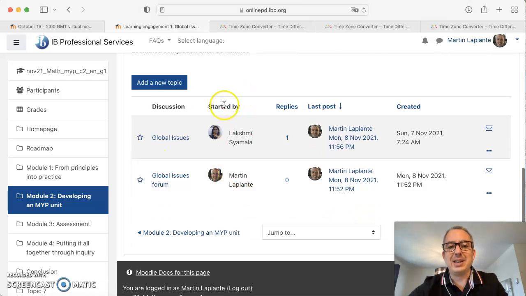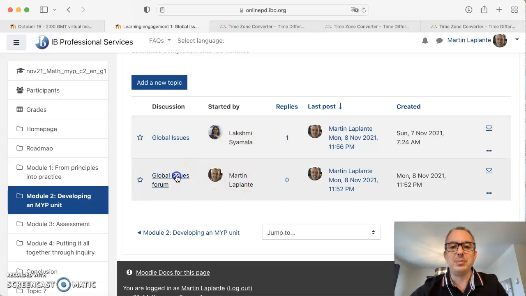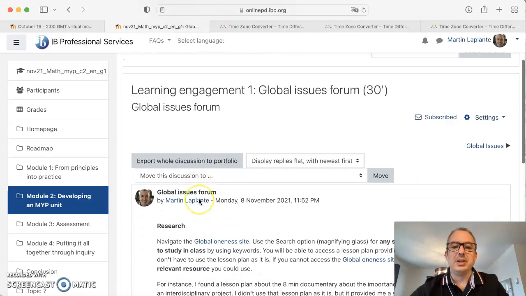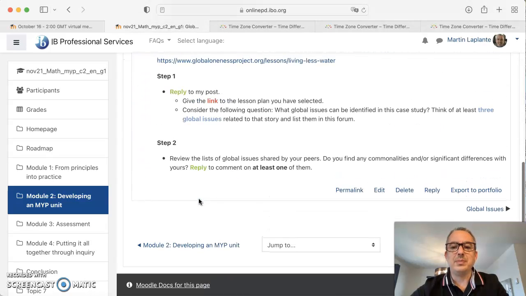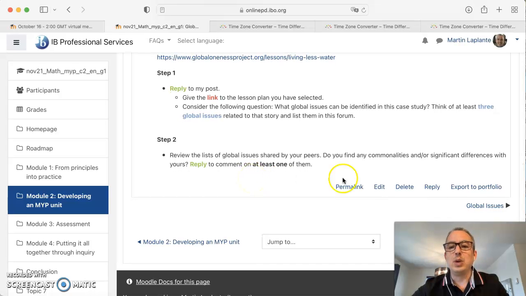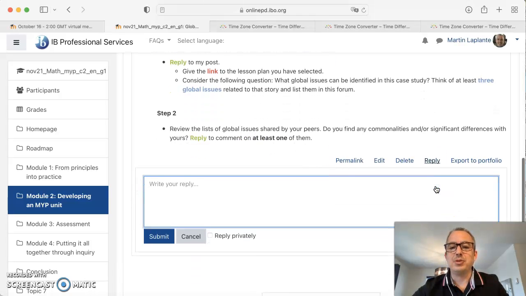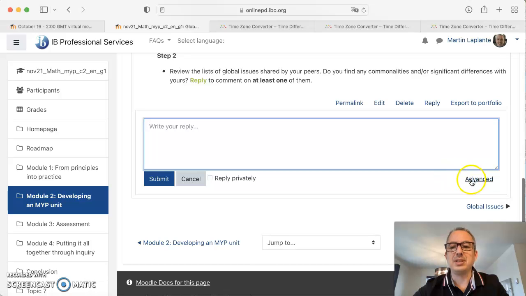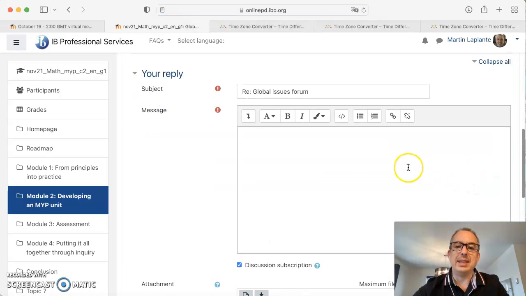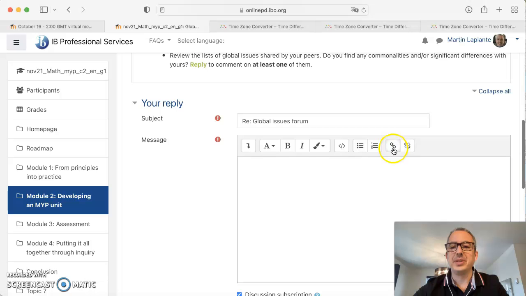So if we click on another one from Lakshmi, mine, here, the Global Issues Forum, if you click on it, you'll see the same information. Sometimes I add attachments, as you might know. And then when you reply, I just want to remind you that you press on the Advanced button, and that will allow you to put a link here.